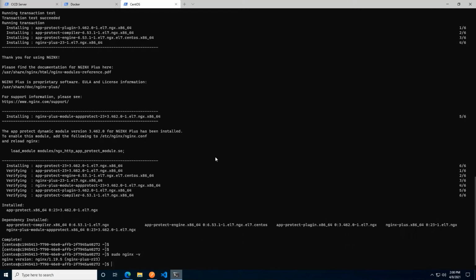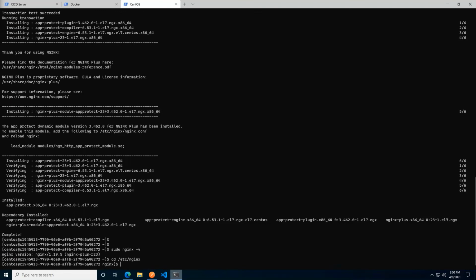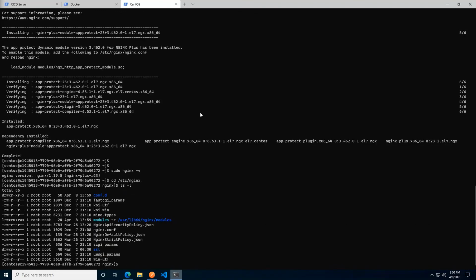Okay, let's go ahead and have a look at the configuration file as well of Nginx here. So we can just change our working directory into the appropriate one, which is /etc/nginx. If you've worked with Nginx at all, you'll be well familiar with what exists in that. What is notable for us is this file here called nginx.conf.